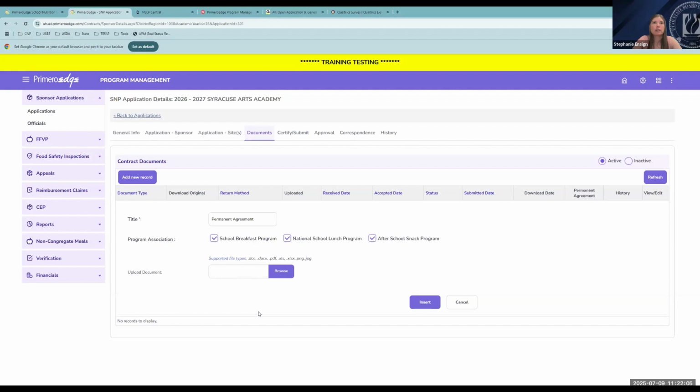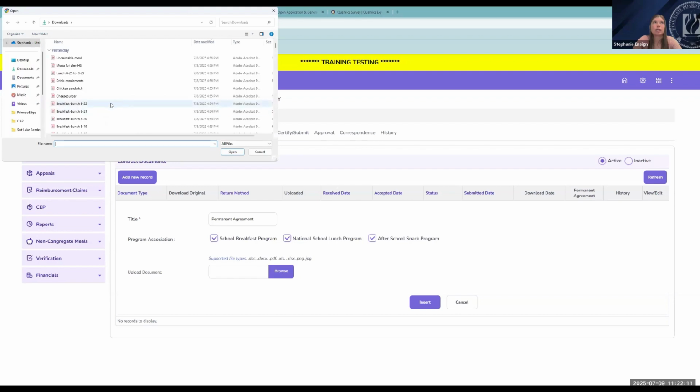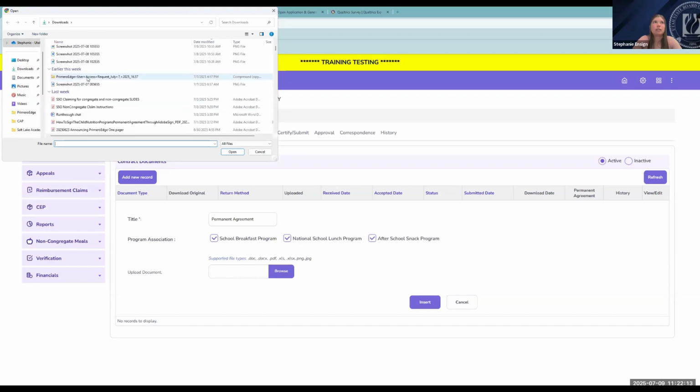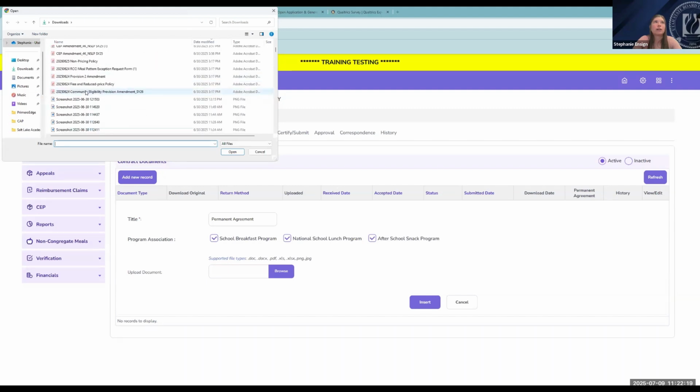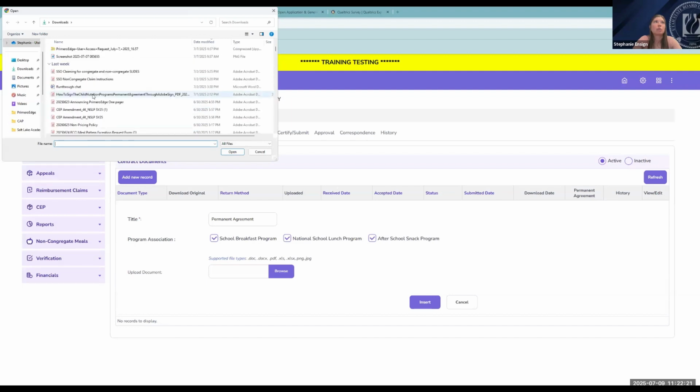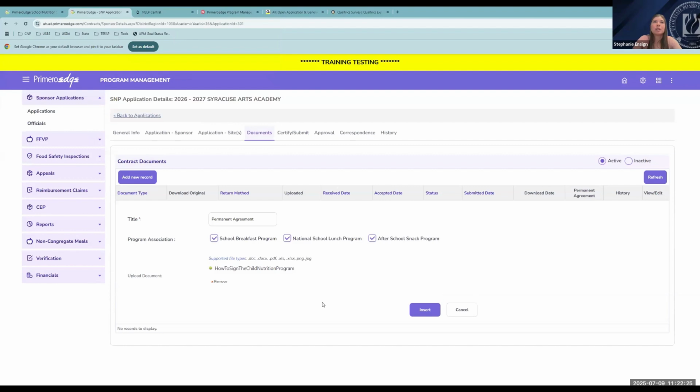Then to upload a contract document, you are going to go ahead and click on Browse to search for it in your computer. So it'll bring up a list of your documents. You can go ahead and find the permanent agreement wherever it is. I don't have one readily available, so I'm just going to go ahead and upload something random. But you'll find your permanent agreement and you're going to go ahead and upload it. The really important thing to keep in mind,